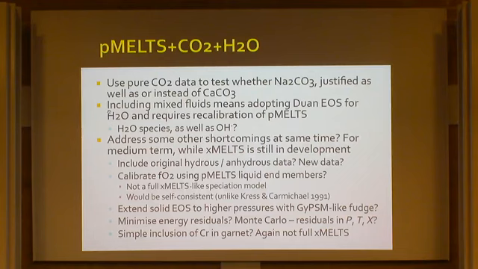When we were doing those subduction zone simulations, we basically did this. We used Berman in the zone where the pMELTS liquid had been calibrated, and then we extended it with the Birch-Murnaghan equation at high pressures where there wasn't any liquid, but we needed the physical properties of the mantle to feed back into the convection flow code. So that's a possibility, that we might be able to take pMELTS a little bit more P